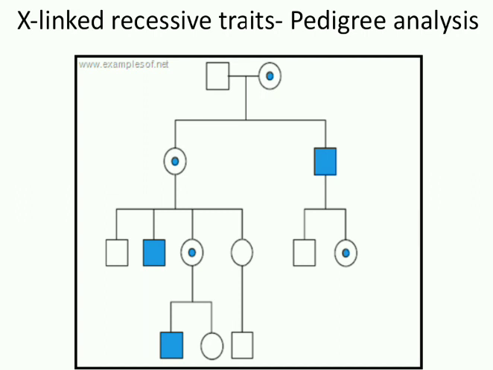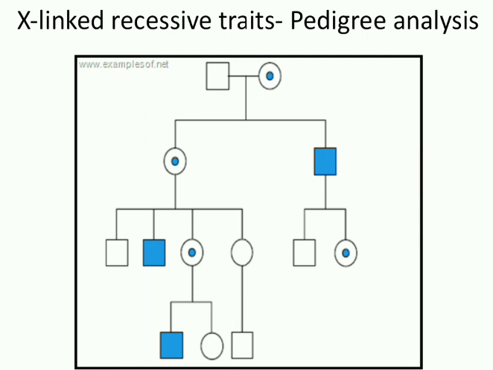It is very prominent that only males are affected from this pedigree. So in the second generation, one male is affected, third generation, one male is affected, fourth generation, one male is affected. Whereas the females, they are carriers. Okay, the trait affects males. That's the first and foremost point.